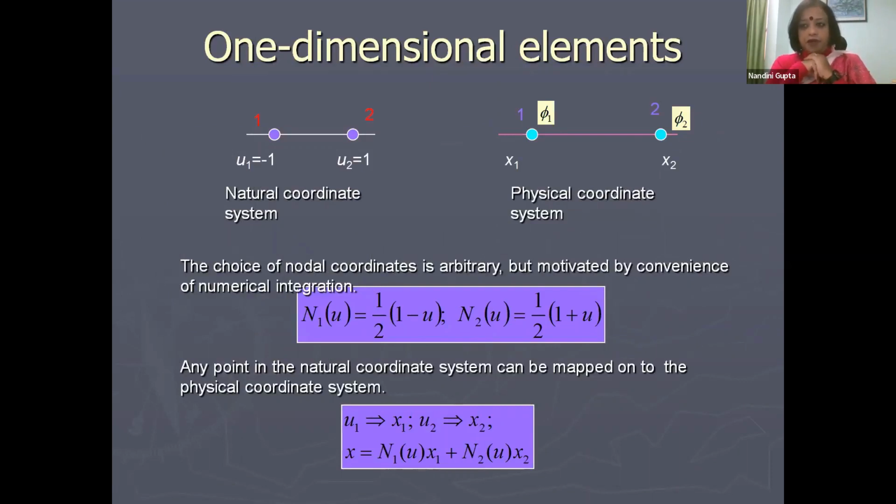Good morning, everybody. So, to kind of recapitulate what we have already studied,